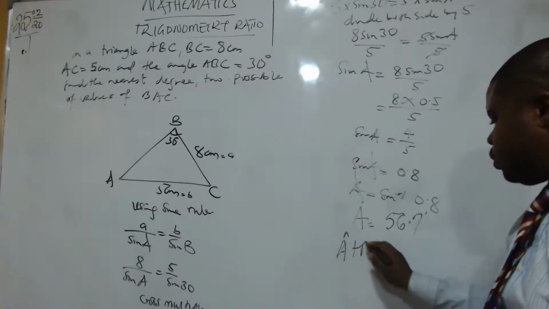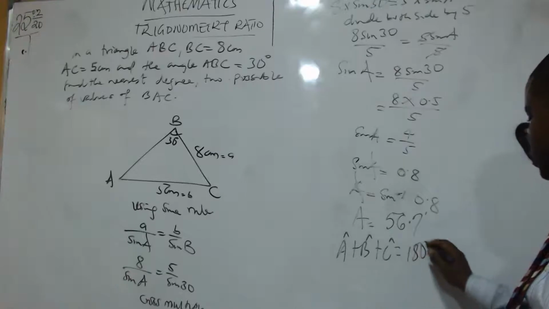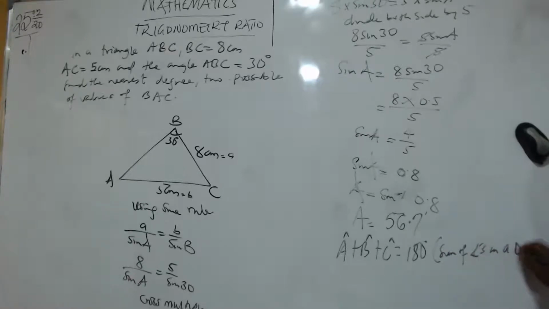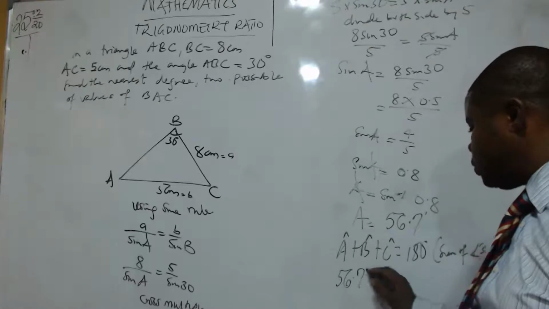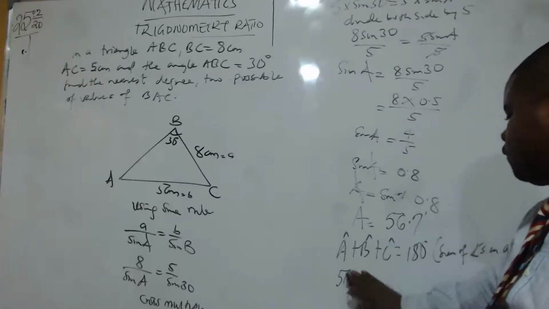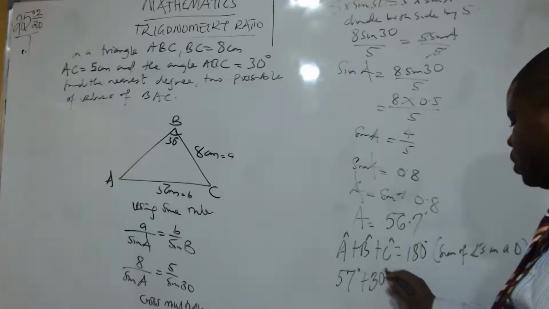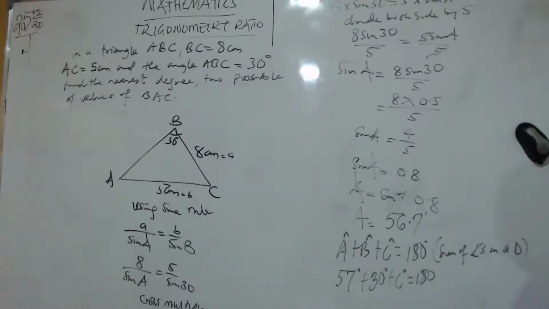180 degrees. Reason: sum of angles in a triangle. So our A is 56.7 degrees, or approximately 57 degrees, plus 30 degrees plus C equals 180. So this will give us